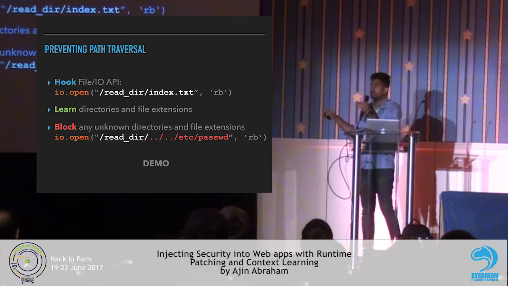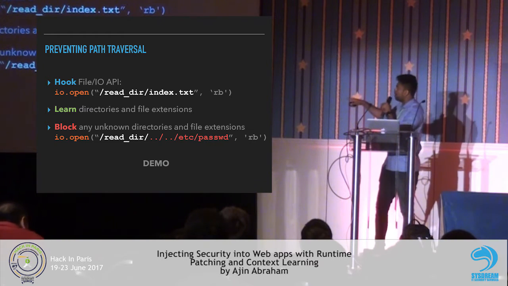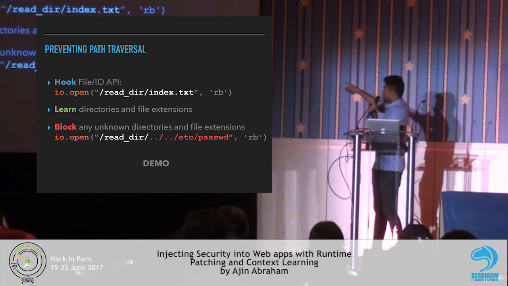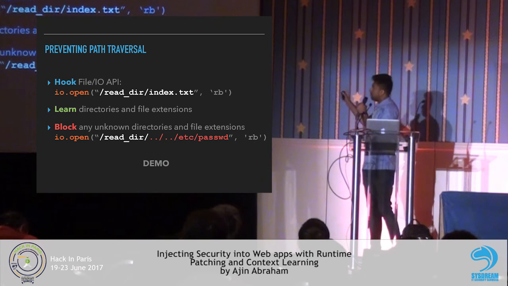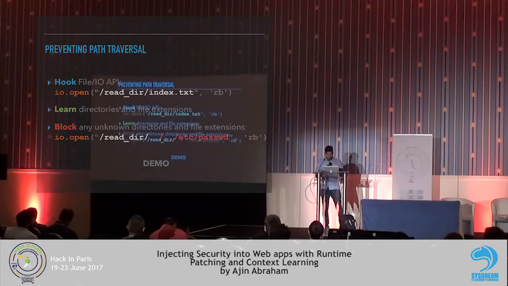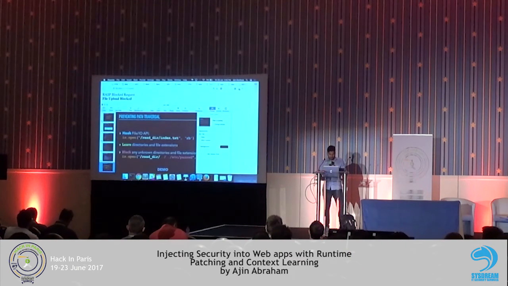Same way for file upload protection, what we do is hook into the file IO API responsible for reading contents, get the directory and the file name. We learn it, and the next time when it tries to normalize or escape out of the directory, we can effectively block. So we have the classic demo of,